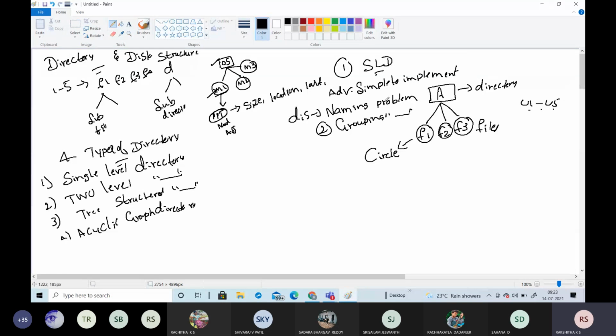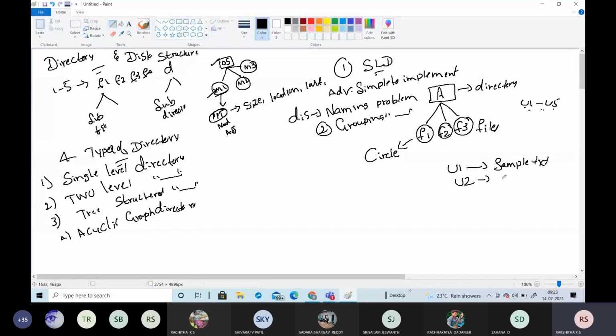So what is this naming problem? Multiple users may give the same file name. Because only one directory is there, user 1 may give a name like sample.txt, and user 2 may also give the same file name, sample.txt. Then overwriting takes place, because there are no separate directories. User 1 has already created a file named sample.txt.